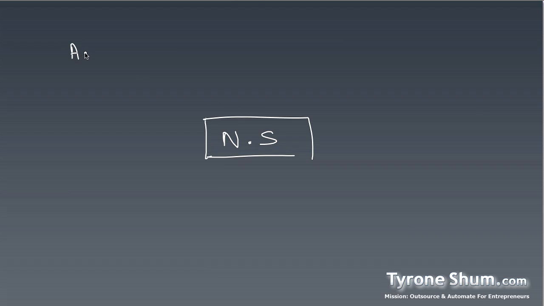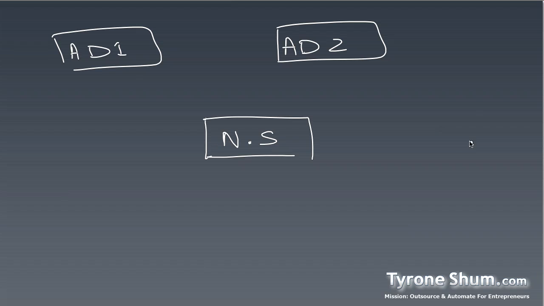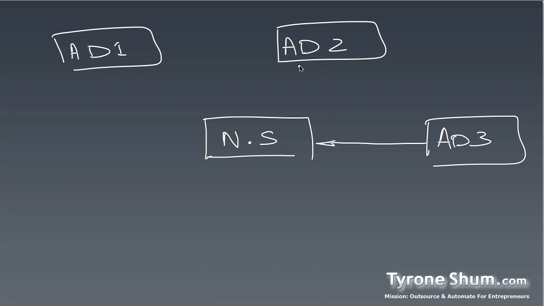Say we've got article directory 1, I'll just call it AD1 over here. We've got AD2 over here, and we've got AD3. You can obviously have hundreds of these. What you want to do first is put one link back to your site from each article directory. Then you want to link one of the articles to your other article directories. Now, you don't want to link these back to each other. Just have it as a continuous cycle, so that it doesn't close. You do not want to close these. You just continue to link it.